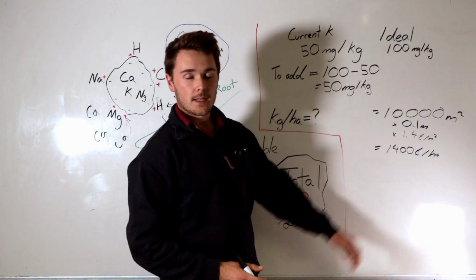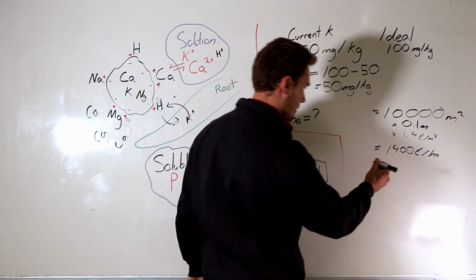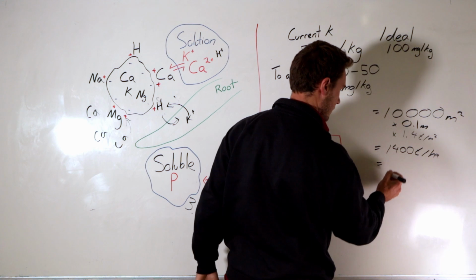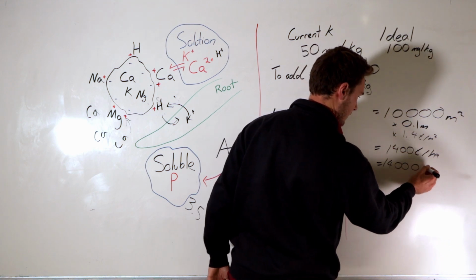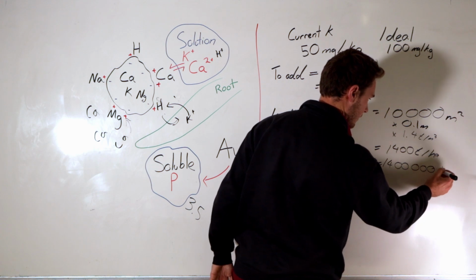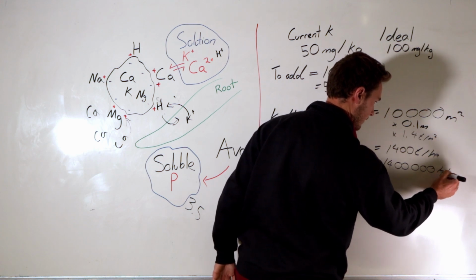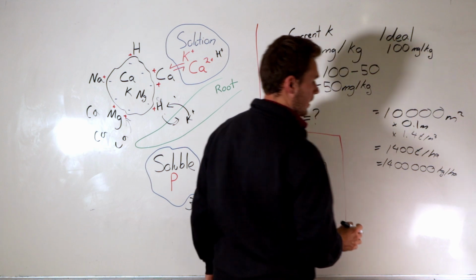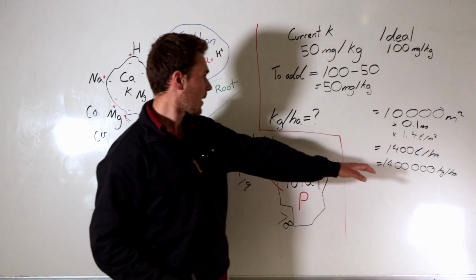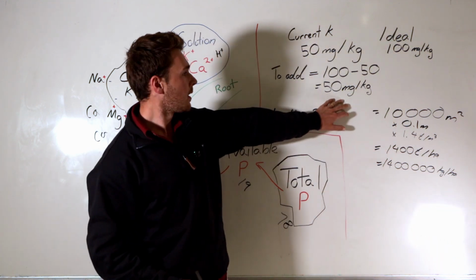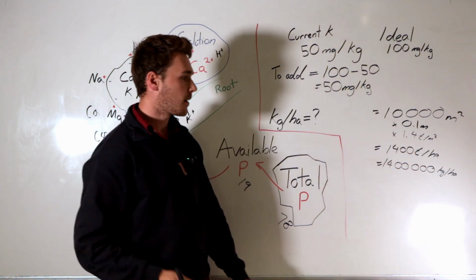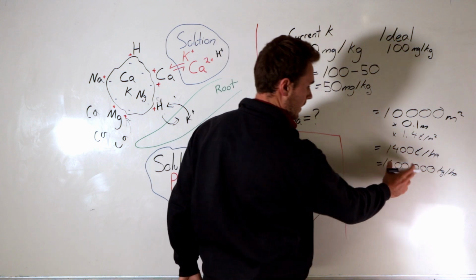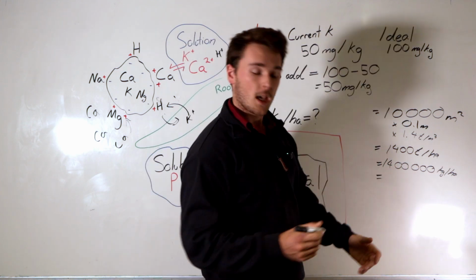Now we want to convert that into kilos, which is super easy because we work in such a good system. Just add 3 zeros on. Kilos per hectare. So now we have kilos per hectare. We currently have a concentration. So for every one of these kilos, we're going to get this many milligrams. So we times this number by that number, and we get